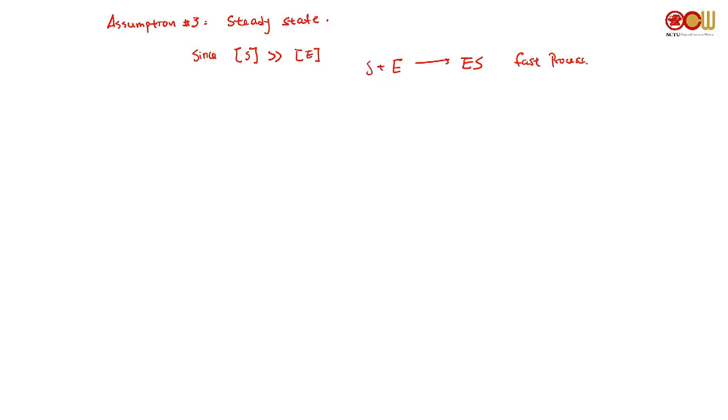Essentially, what this tells you is that the concentration of ES is constant until the concentration of S becomes too low, which, for our derivation, doesn't happen